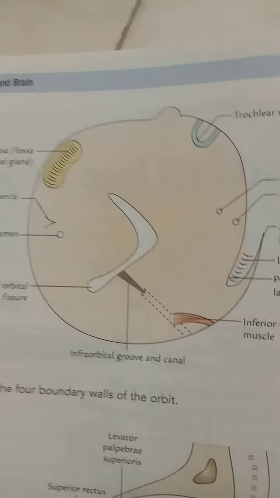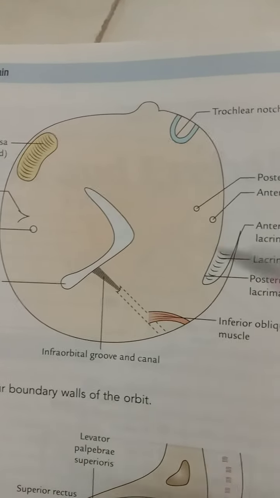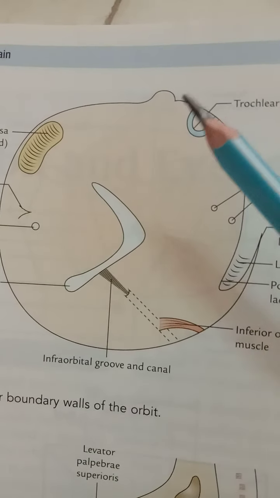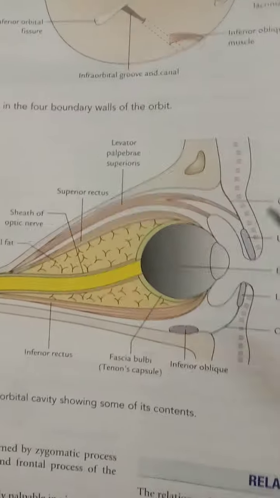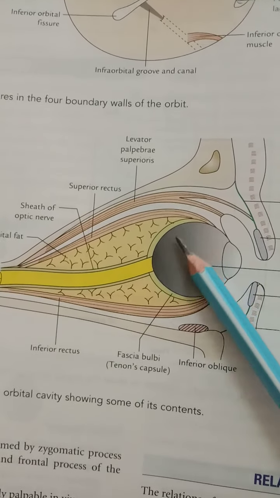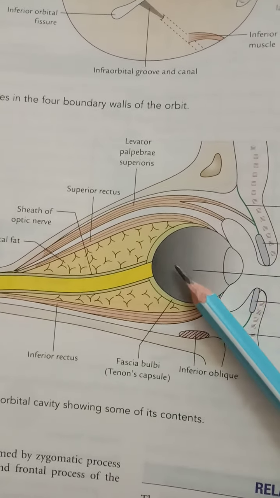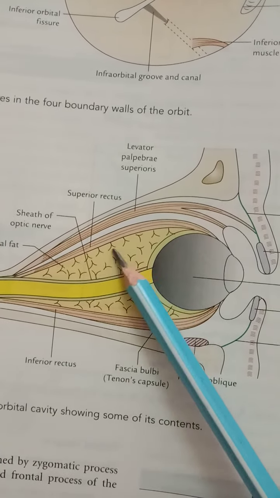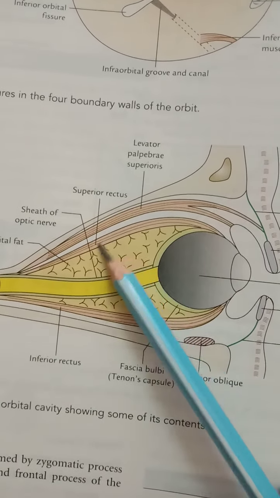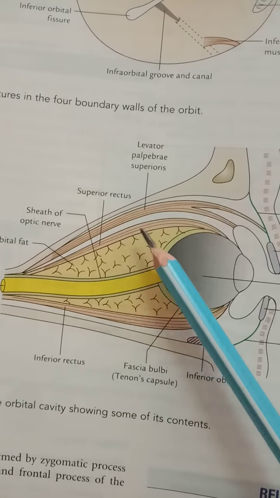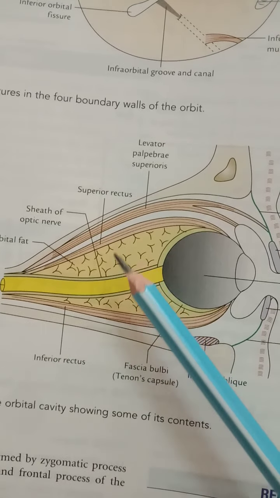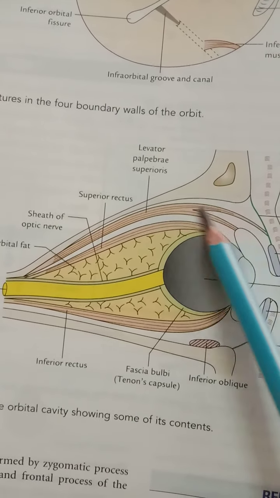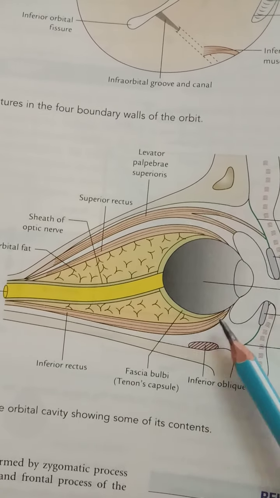Then let's see the contents of the orbit. First, the eyeball, which occupies the anterior one third of the orbit. Then the fascia. Here you can see the yellow colored fascia, called the orbital fascia and the bulbar fascia. Then the muscles related to the eyeball,